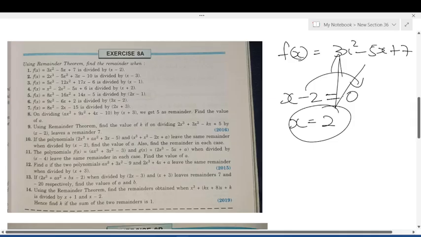First type, direct value will be given, students. Direct value will be given. Second type,